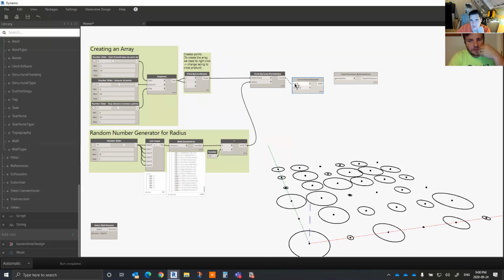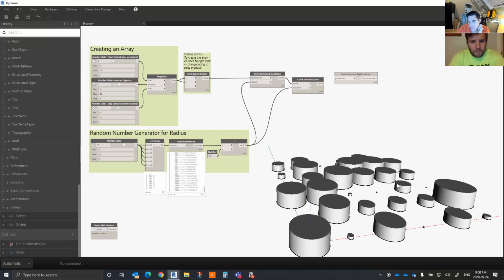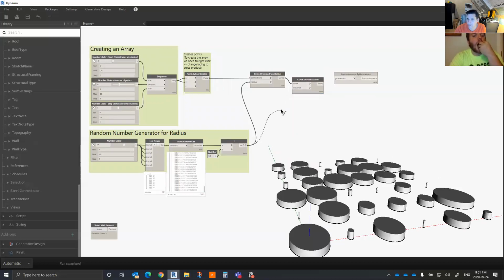And so let's click this circle. And you can see now we don't have just a 2D form, we have a 3D form. And we could get a little bit wild. We can plug this random generator into the distance as well, so we can have different heights and different radius. But the one thing you'll note is the height and the radius are now going to be the same, because it'll be pulling from the same list, so it'll be the same number. So, one thing we could do is actually grab this group, and I'm just going to hold down the